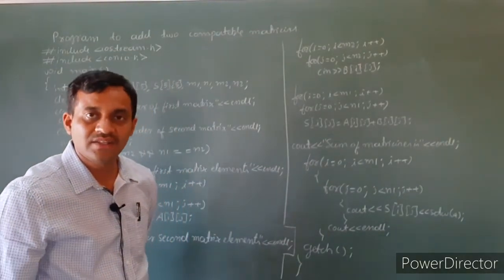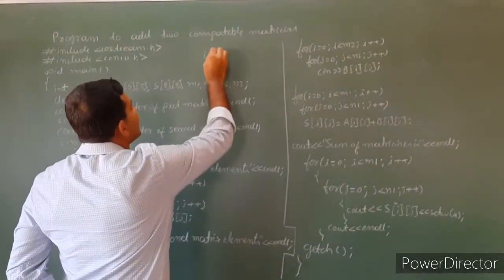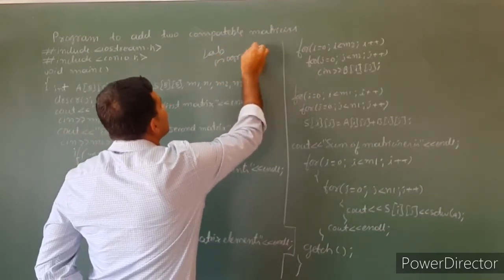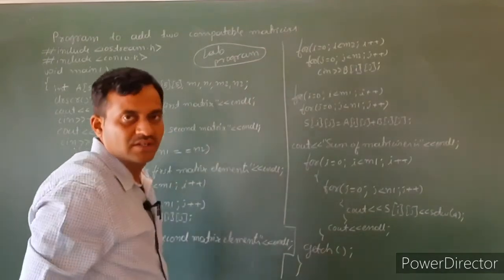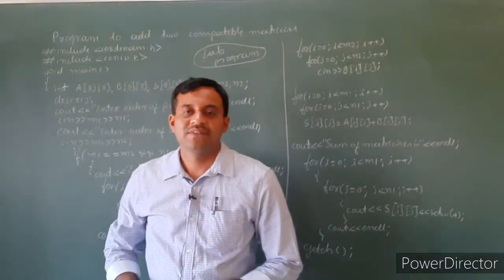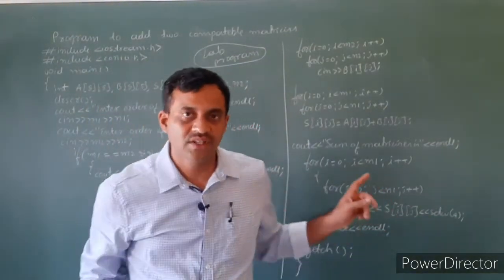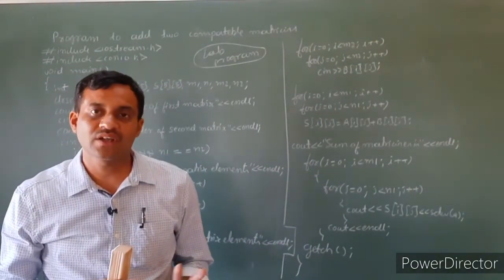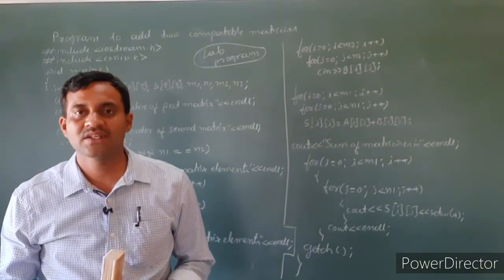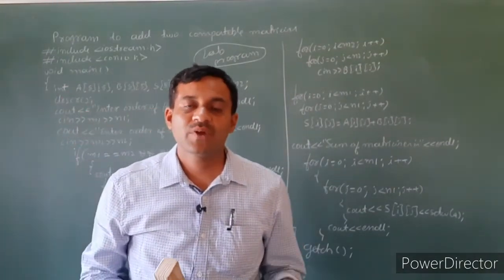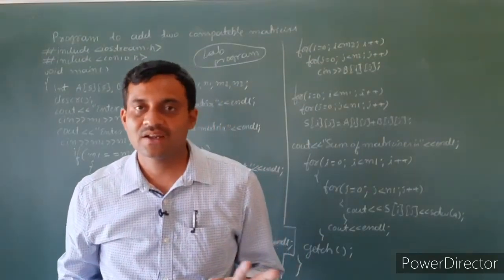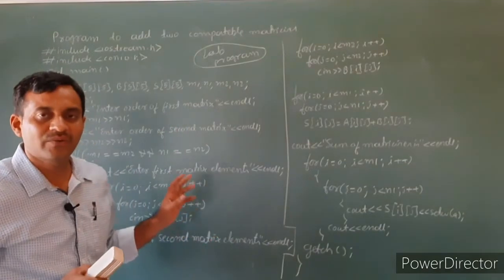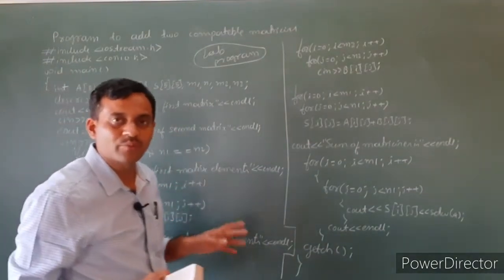This is a lengthy program, mark it as a lab program. In first PUC we have 3 lengthier programs. First one is sum of 2 compatible matrices. Second one is transpose, product of 2 matrices. Third one is scalar matrix, verify whether the given matrix is scalar or not. These 3 programs are the lengthier programs. So carefully trace these 3 programs.